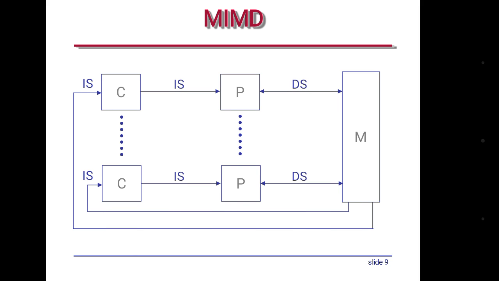MIMD. Here we take not a single instruction and not even a single data. We take multiple instructions, and they are executed by various processors that produce multiple data streams, as you can see here. I think you may now understand the concept behind Flynn's classification, so let's move forward to our next topic,